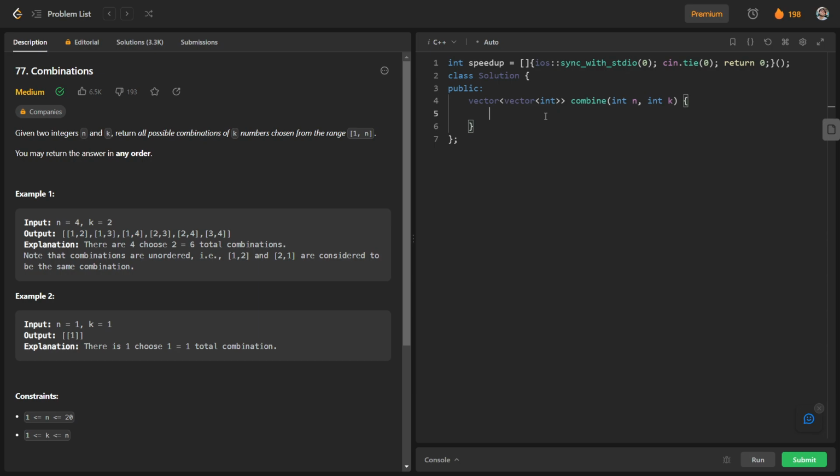So we will have our two-dimensional vector of integer res, which is going to return all combinations.